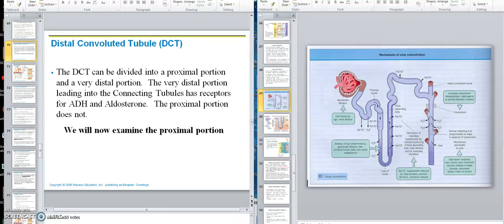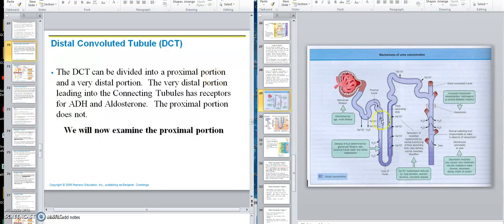Okay, class, here we are. We now want to talk about the distal convoluted tubule. We had just finished doing the loop of Henle, so now we want to make some comments on the distal convoluted tubule. Now, your text doesn't have this, but I'm saying the distal convoluted tubule is divided into a